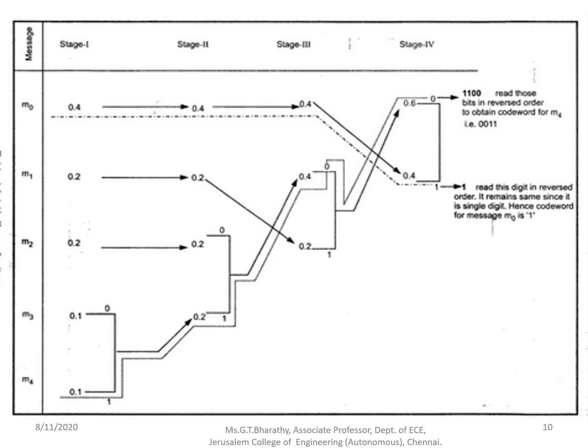Okay. Now we will move on to the message M2. M2 again has 0.2 probability. From here the value is moved here where the bit 0 is assigned. So the first data is 0. From here it is moving to this point where you have another 0. From here it is moving to this 0.6 where again a 0 is assigned. So three zeros are assigned in the forward direction. In the reverse, when we read, that gives the same value, which is 0, 0 and 0. So the code word for M2 is 0, 0, 0.